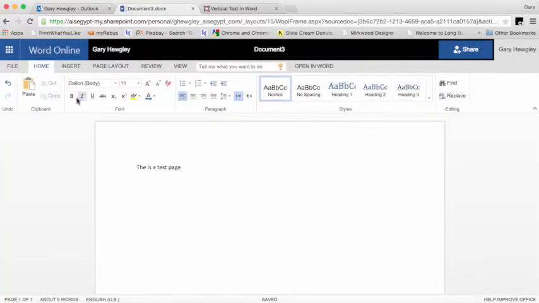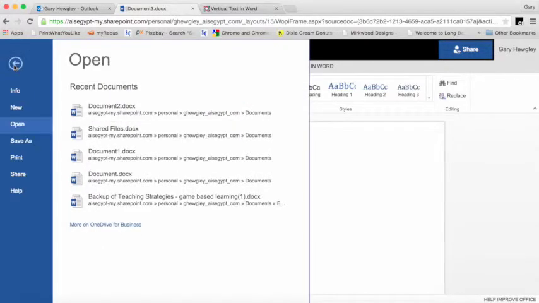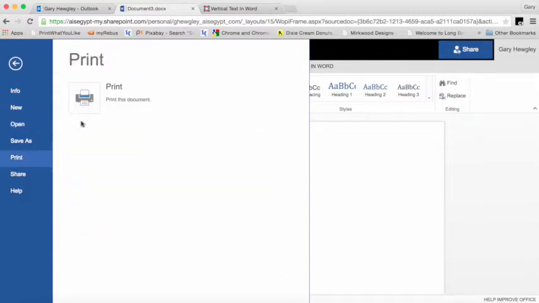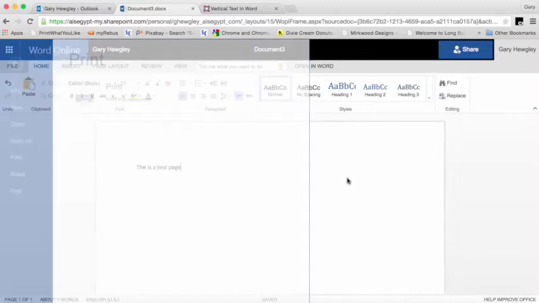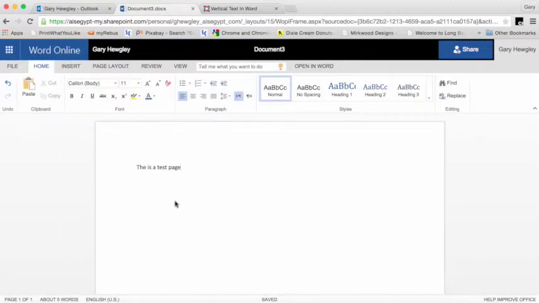So this is just the basic features here. And you can still do your prints and everything. You can still print this. You can still share, you can still do everything you can with Word, basically, except some of the more fancy features. Okay? And it's really nice to have this, and I think this could be really valuable,